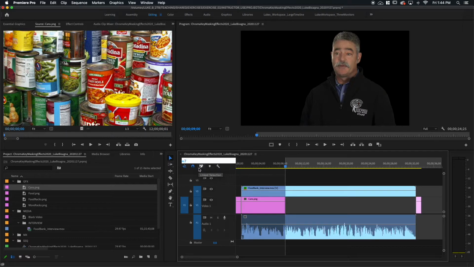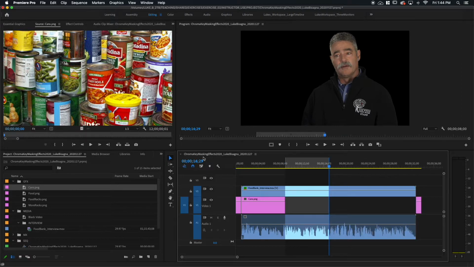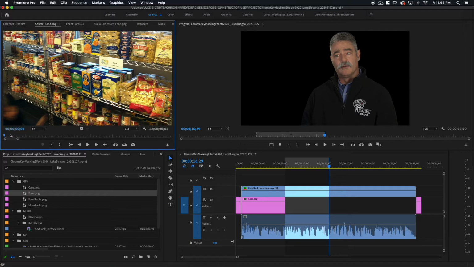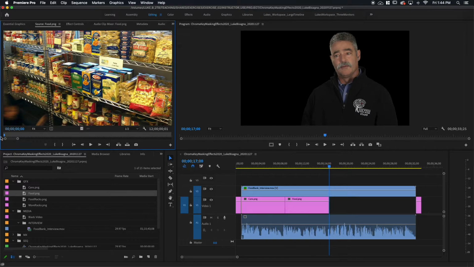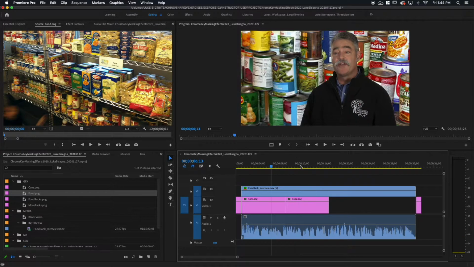And I'm going to add 7 seconds and 29 frames to this and hit the enter key that is also on that numeric keypad, and it will advance my playhead by exactly that same amount. All right, so I'm again at 16:29, mark my out, and I've got exactly 8 seconds. So you can do it either way. You can do math and drag your playhead over, or you can use the numeric keypad with the plus key if you have it. All right, so let's get some food here. And again, mark an in at the very beginning and do our overwrite edit with the period key. And now we've got the food in there too, cans and food.